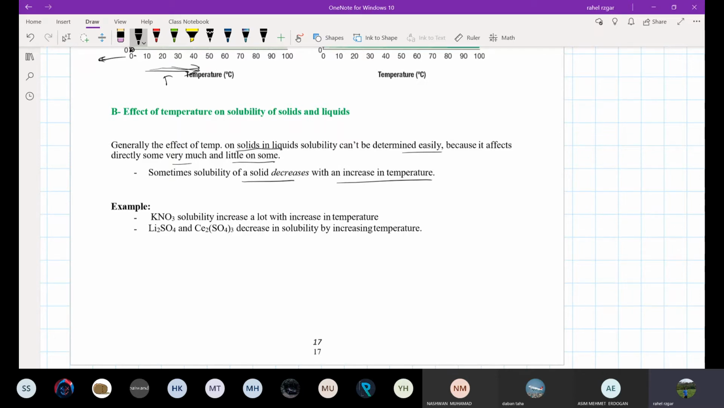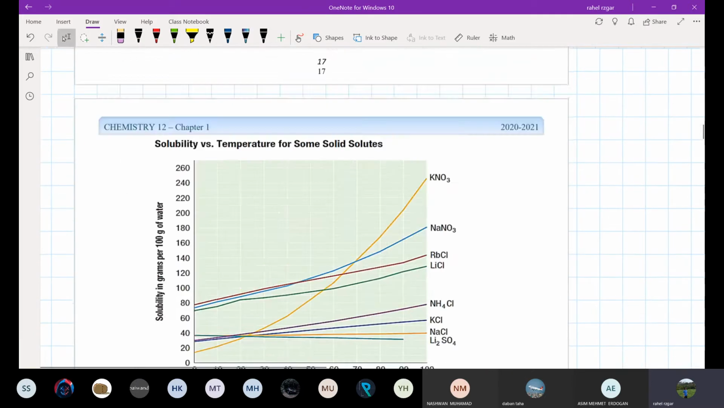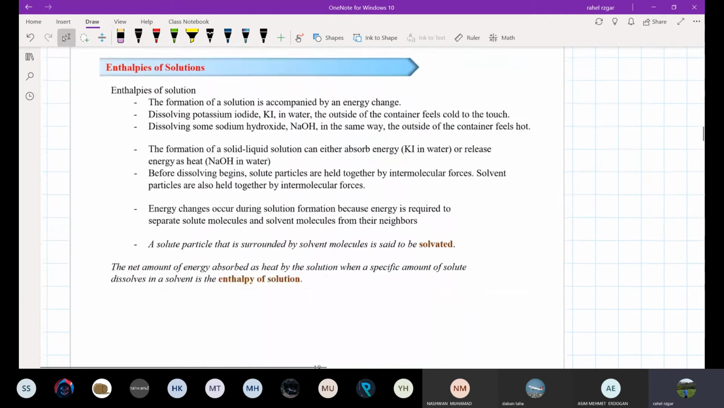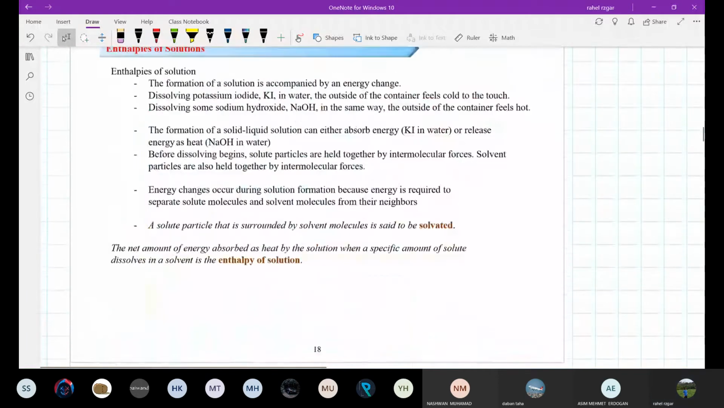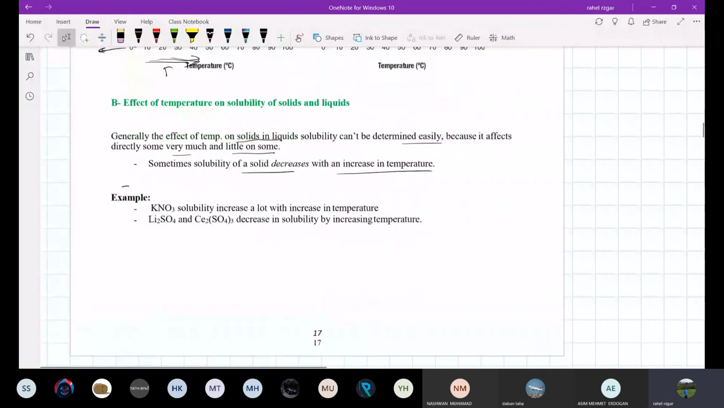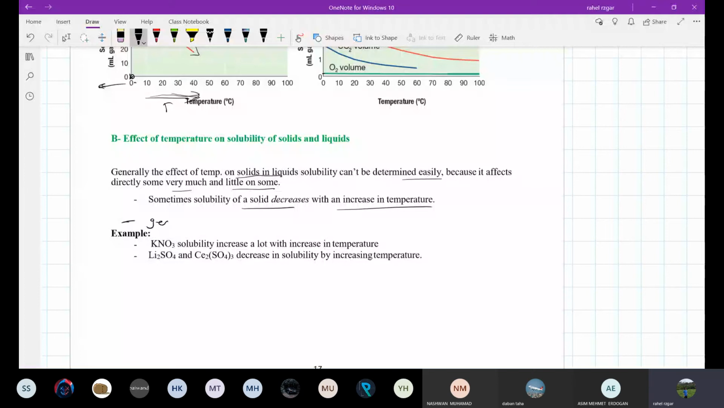But generally it will increase. You can write it down. I think I have written it somewhere down here. Generally,